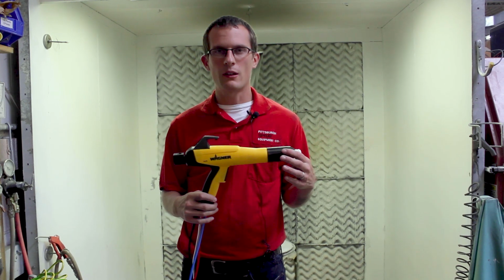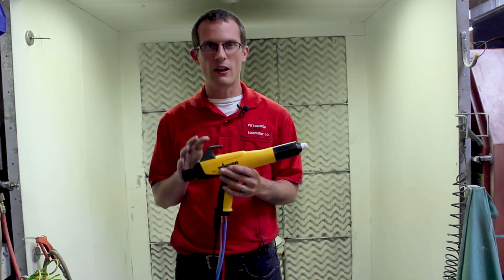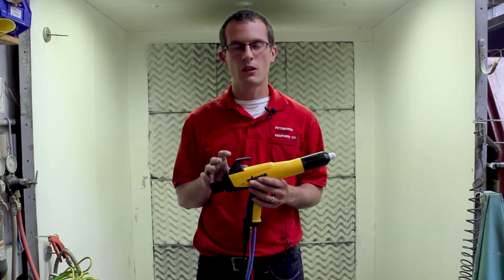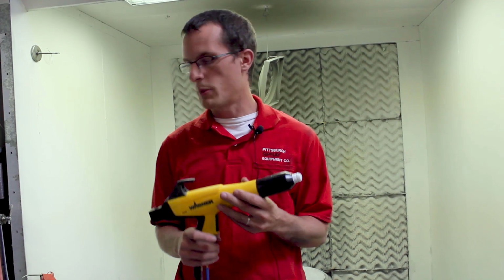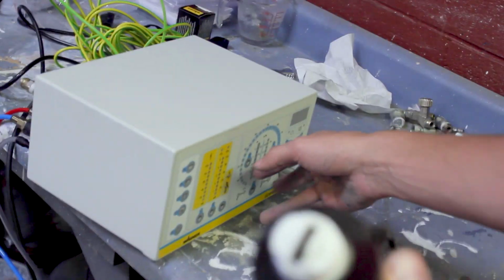One other quick key point: when you're changing powders and in between coats, you always want to make sure everything has been completely cleaned out in between. If you have a box feed unit, you can do that by using the purge button. My unit has a purge button on the top here where it blows air out until that is clear. Then you can also take an air line and blow air through each airline hose that goes to the unit